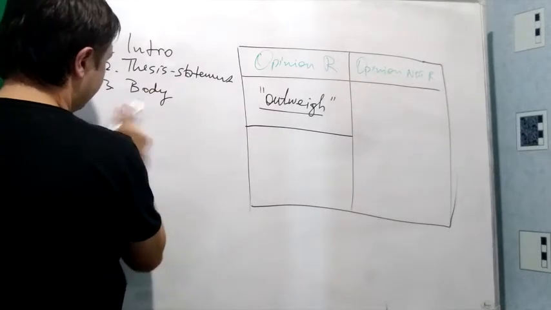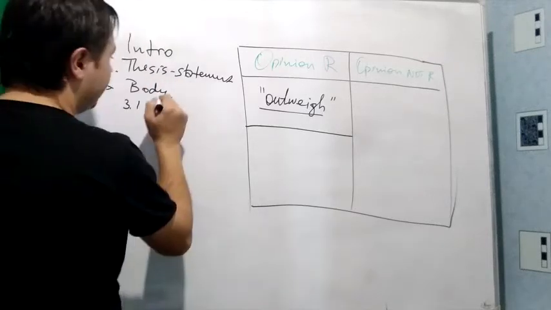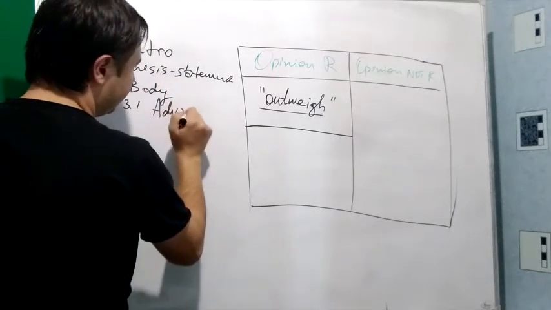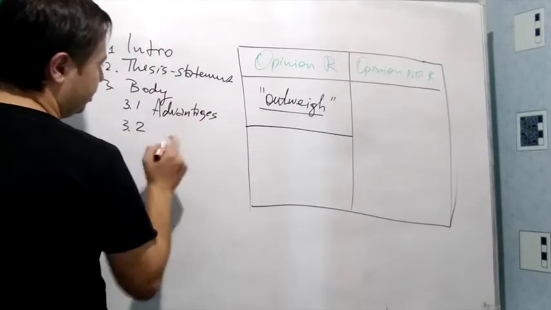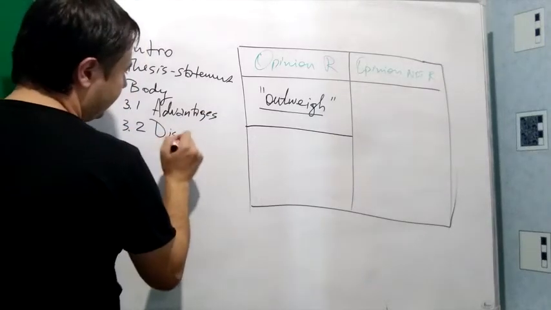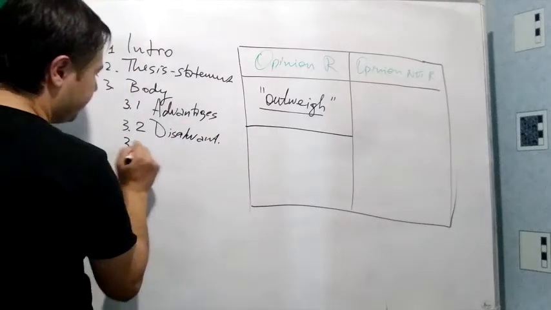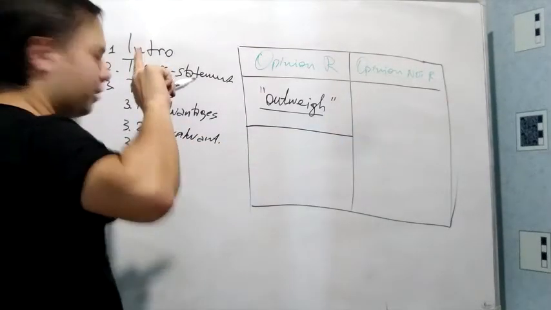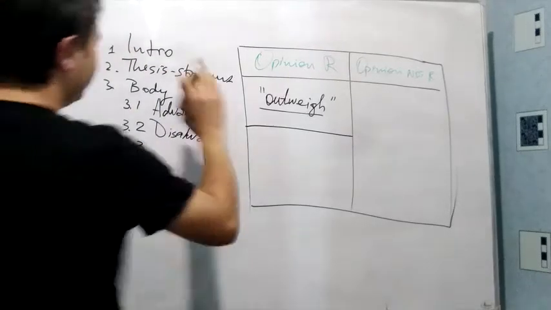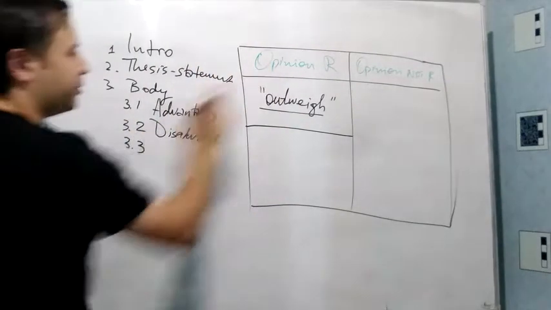Then 3.1, you talk about advantages. 3.2, you talk about what? Disadvantages. 3.3, you include conclusion. No, conclusion is number 4. So 3.1 advantages, 3.2 disadvantages, 3.3 is